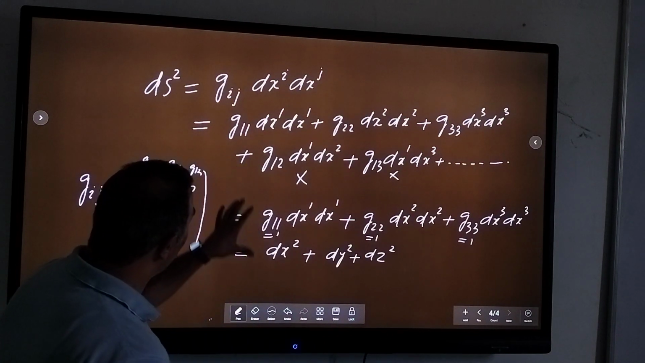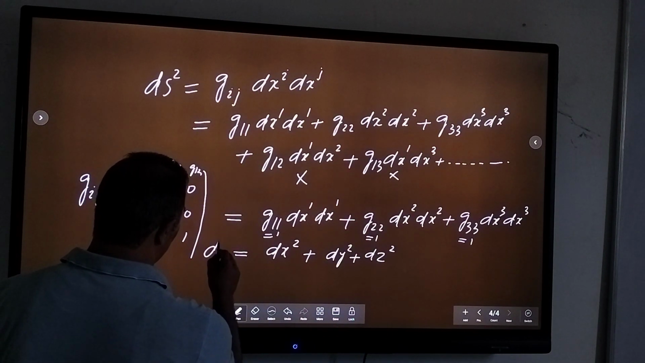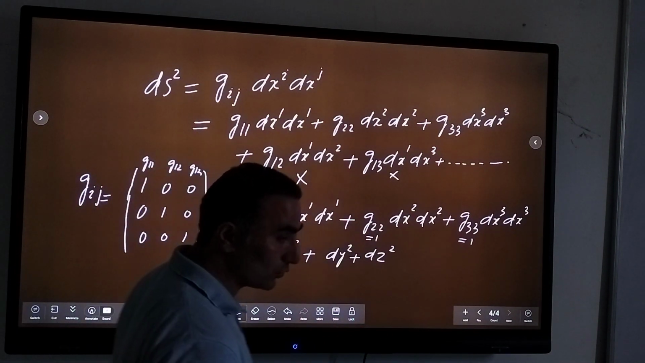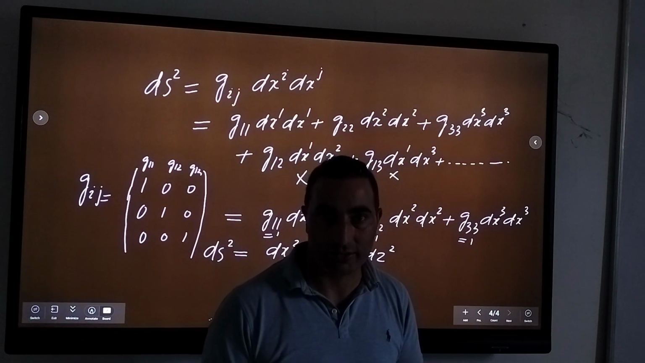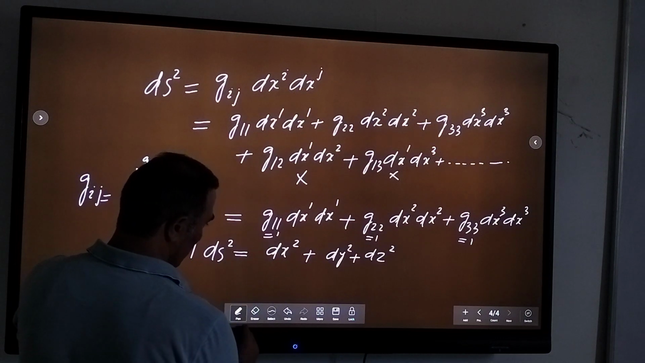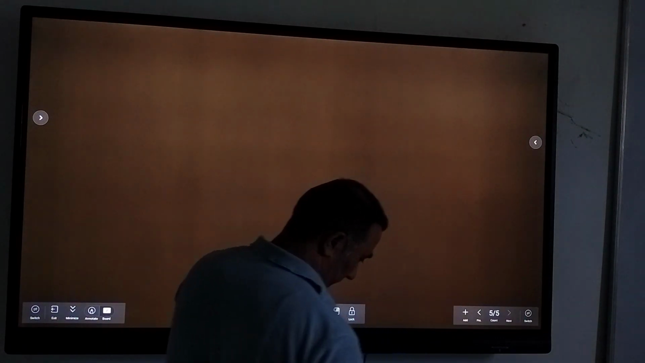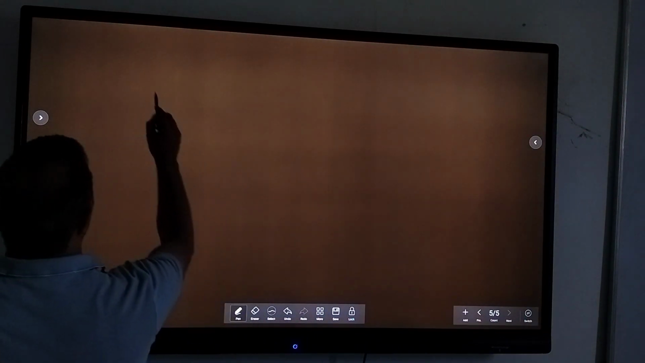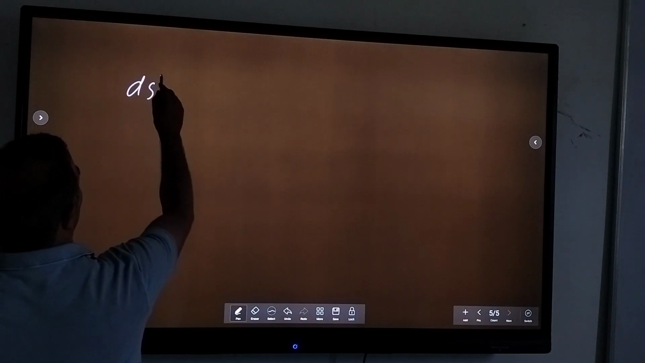Now this will be our ds square here. If you now write this ds square in the cylindrical coordinate system, so let me write it here, in cylindrical coordinates you should get that ds square will be equal to